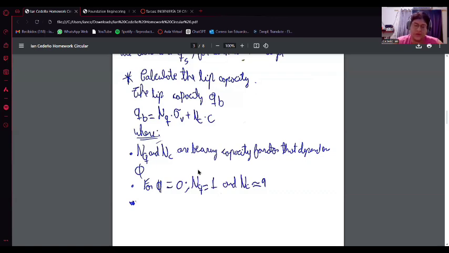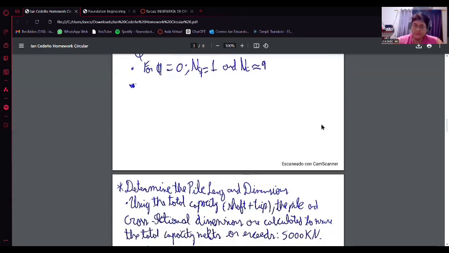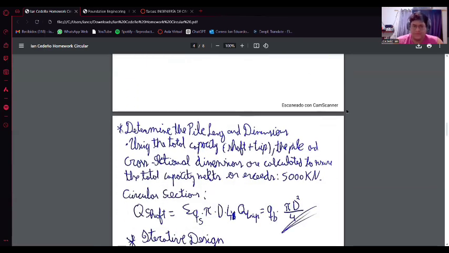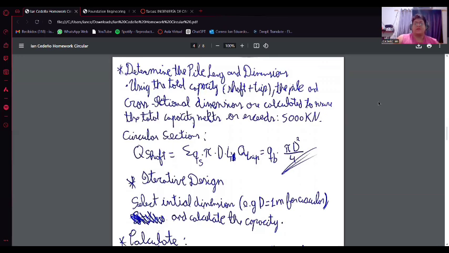For an angle equal to 0, Nq is 1 and Nc is approximately 9. Next, we determine the pile length and the dimensions using the total capacity, shaft plus tip. The pile length and the cross-section dimensions are calculated to ensure the total capacity meets or exceeds